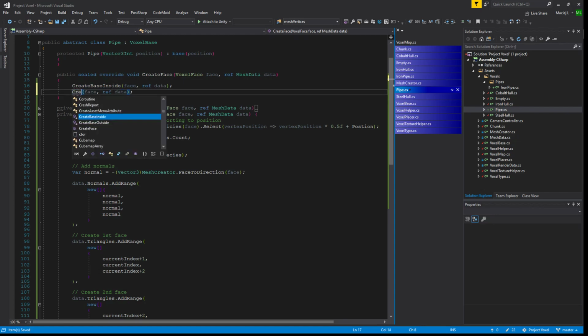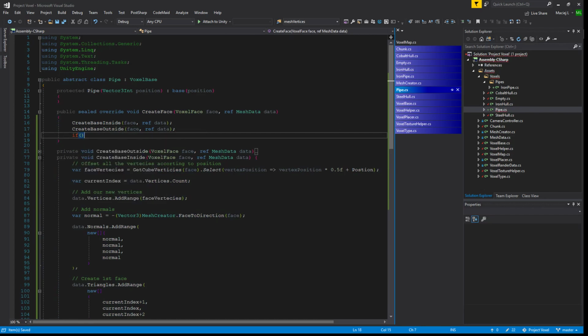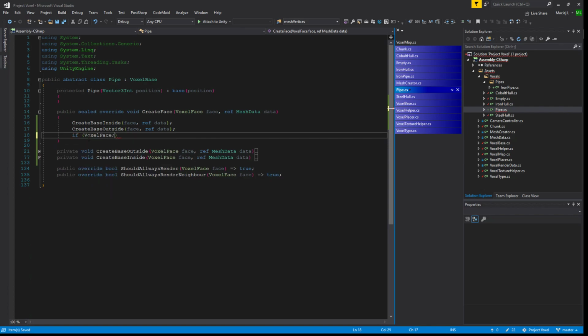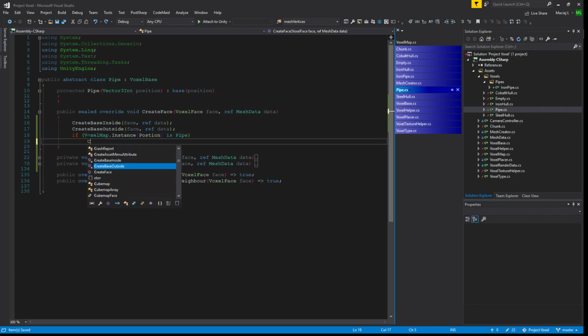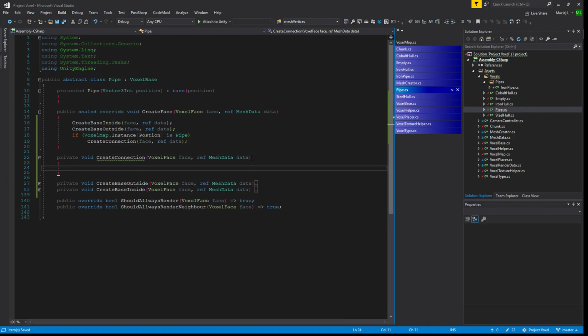create base outside, and now let's do if the voxel map dot instance of position is a type, just call create connection with face and ref data, and create the function, and it will